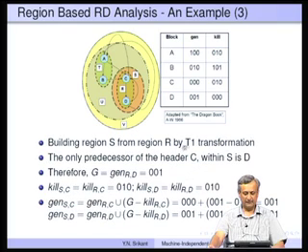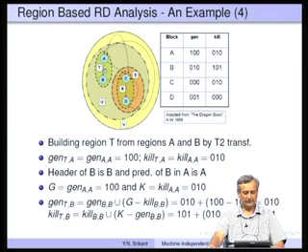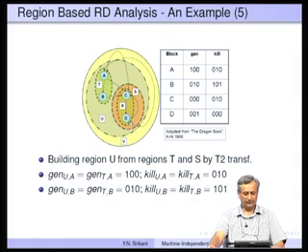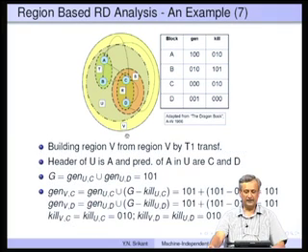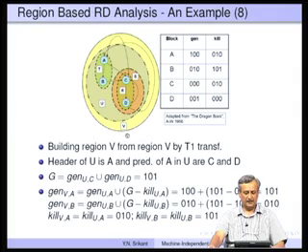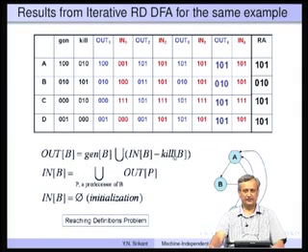Then we applied a T1 transformation to build S. Again we said how to compute gen and kill. Then the same for T, then for U, and finally for building region U, and then finally for the region V. So, now we still have not seen what happens to this analysis when we compare it to the iterative